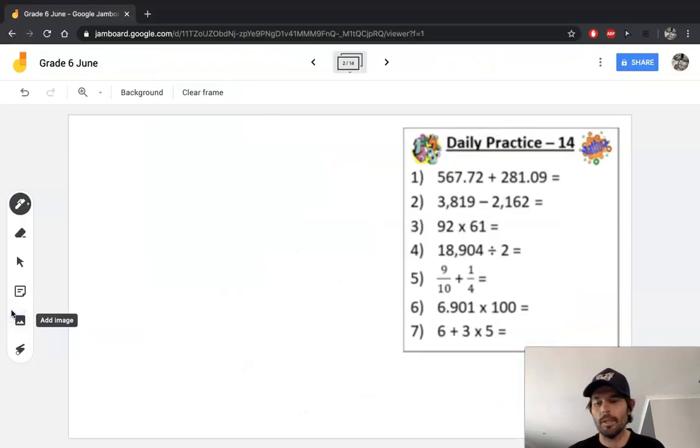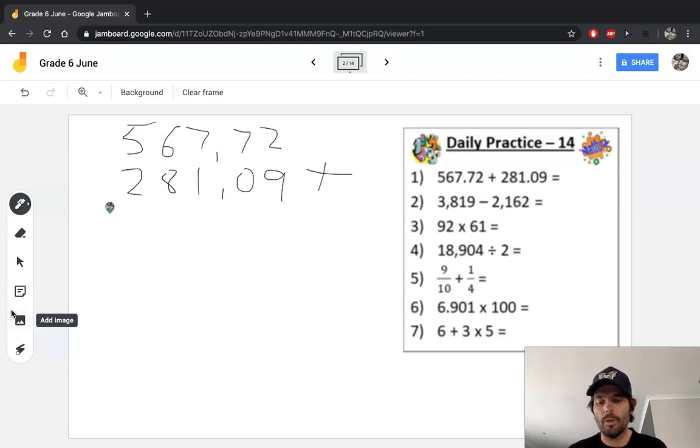Your first question is the addition of two relatively large decimal numbers, 567,72, and I'm adding 281,09. By now we know that we should put the numbers in the correct column. The decimals always line up, and we just add normally as if we were adding numbers without decimals, and that's going to give you